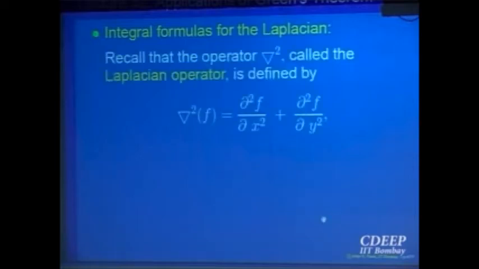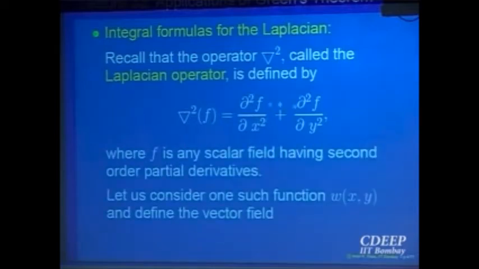Let us look at some applications of Green's theorem, which are called Green's identities, which are very useful in applications to various physical problems. Let us just recall, we had defined what is called the Laplacian of a function. The Laplacian of a scalar field f is defined as the second partial derivative with respect to x plus the second partial derivative with respect to y, plus of course the second partial derivative with respect to z if f is a function of 3 variables. But here we are looking at only functions of 2 variables. So that is called the Laplacian.